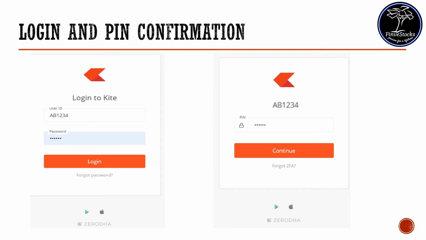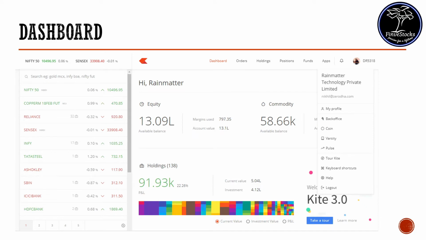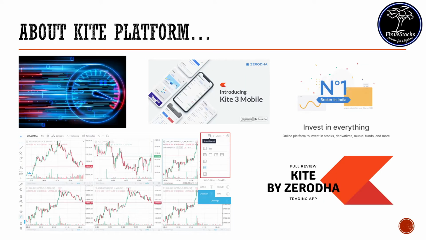Once you enter inside, you will be in the dashboard of the Kite application. Kite is a responsive, light and powerful web and mobile trading application offered by Zerodha. It consumes less than 0.5 kbps bandwidth for a full market watch. It has extensive charting with over 100 indicators and 6 chart types. It is one of the good and smooth trading platforms I have come across.